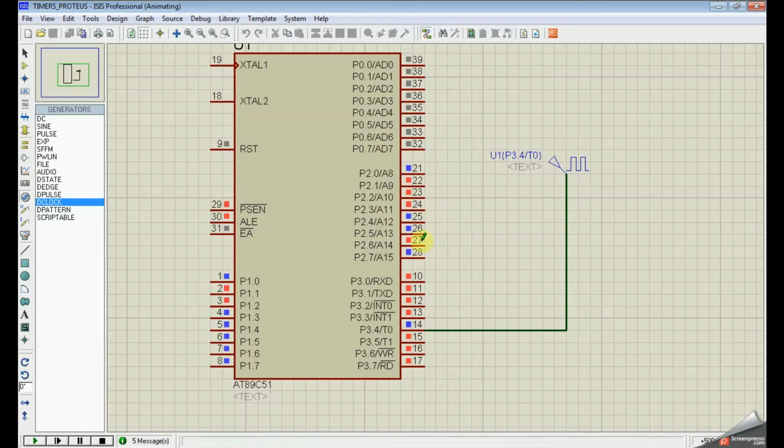I'm just waiting for it to reach the maximum value, and again it will start from 0.